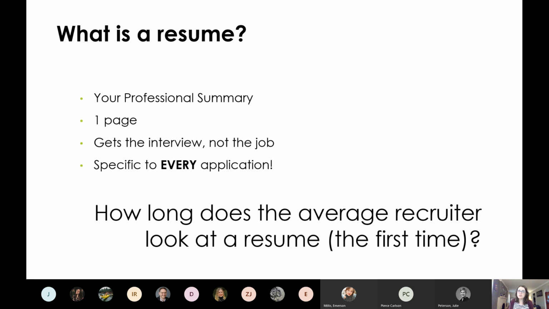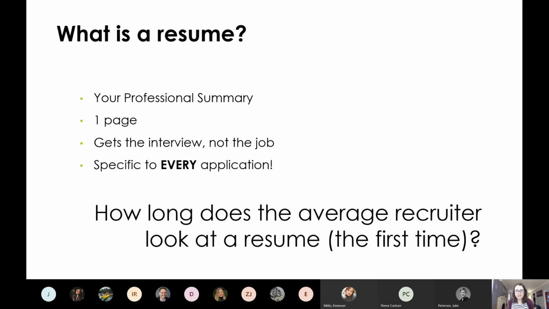I know very few people who have actually just walked in, handed in a resume, and got a job from that. They get an interview. You have to do that part. So it's important, but it's not the entirety of your application trying to get a job experience. Just step one. I usually ask how long people